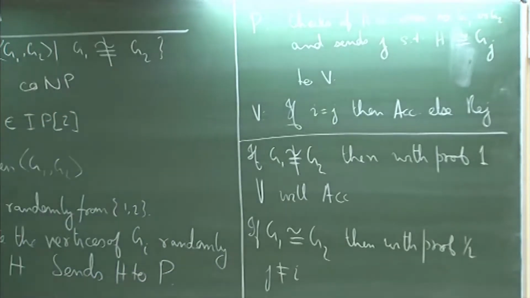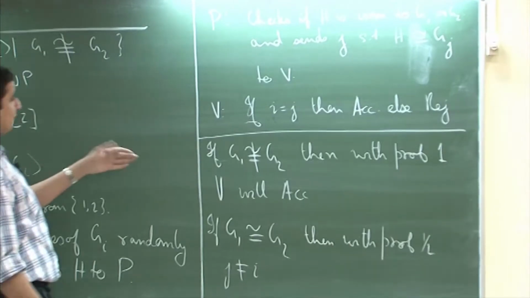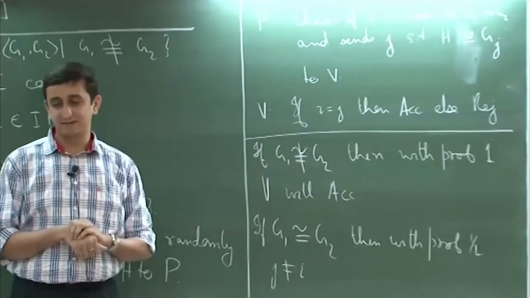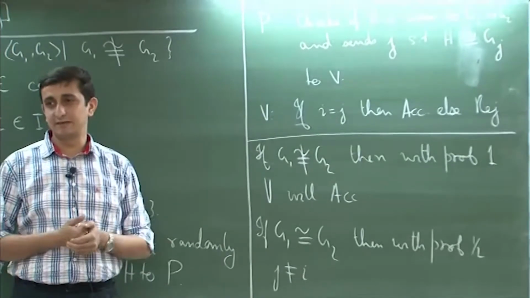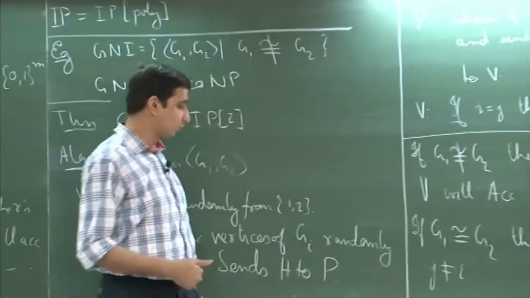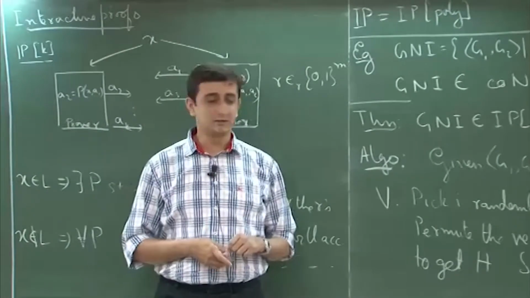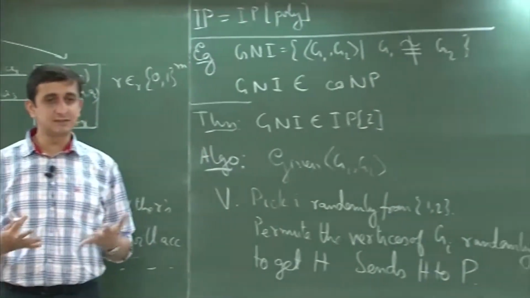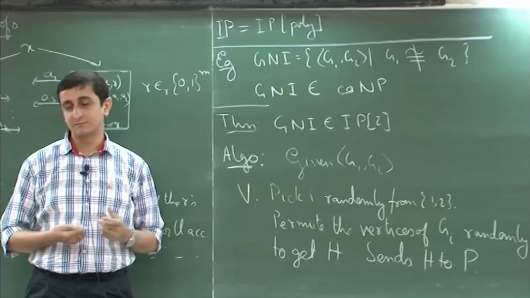Yes. But is the prover also sending 1 or 2 randomly if both of them are isomorphic? I mean, you can say that if both of them are isomorphic, he will always send 1, you can just fix that, does not matter, because he does not have any choice. I mean he cannot make out which graph the verifier had permuted to generate H. So, we might as well just send it. So, we assume that the prover is a deterministic machine. So, we will always assume that he sends 1 in that case, does not matter.